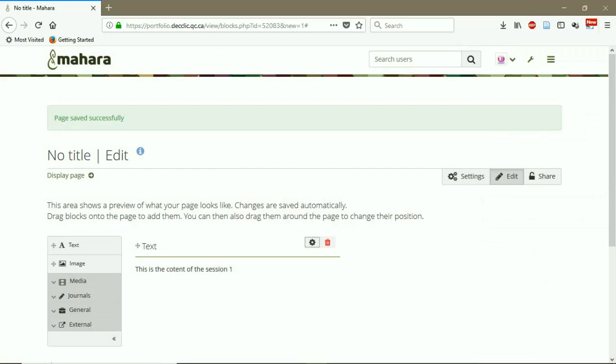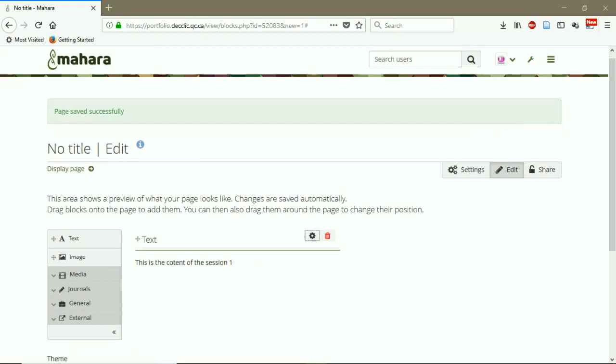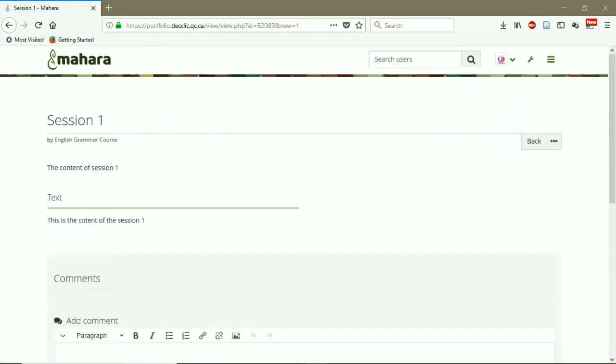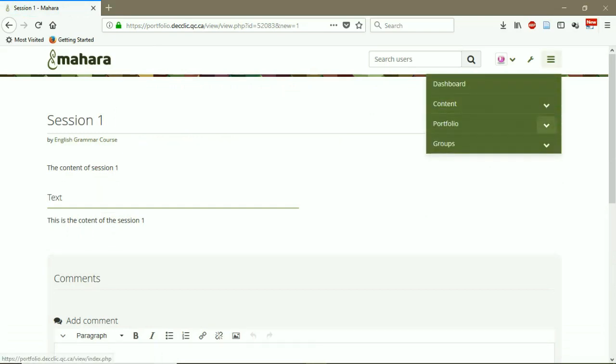So it's the same as all the pages that we create in Mahara. If you don't know how to add contents to pages in Mahara, you can watch the video about how to create a page in Mahara. Okay, we click on display the page. This is our page. So I go back to the group,